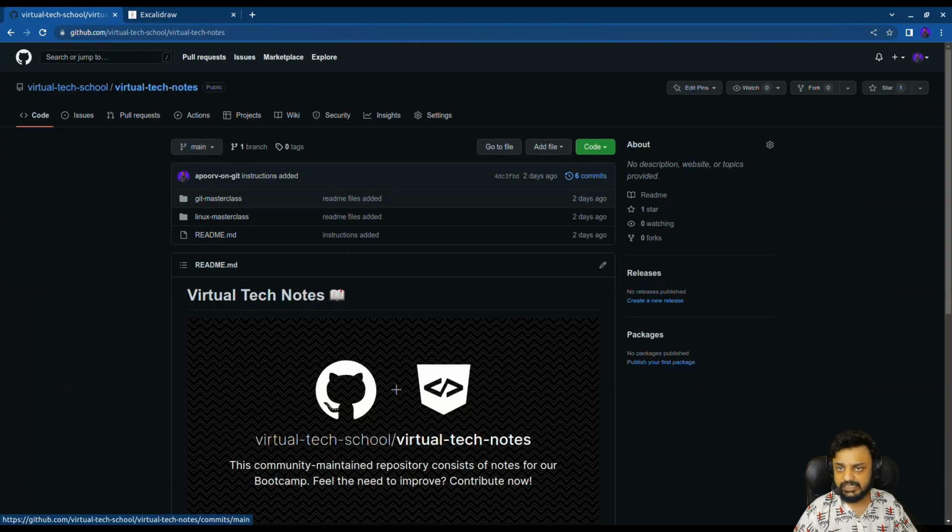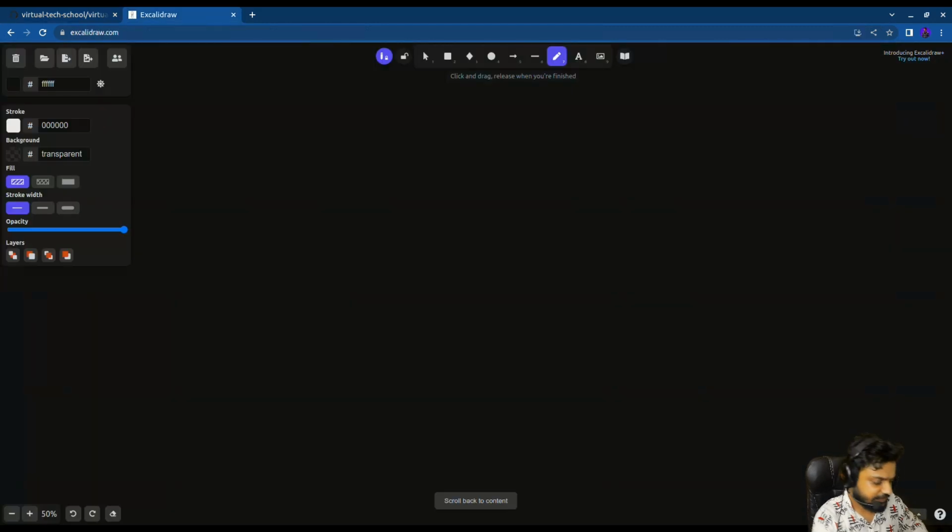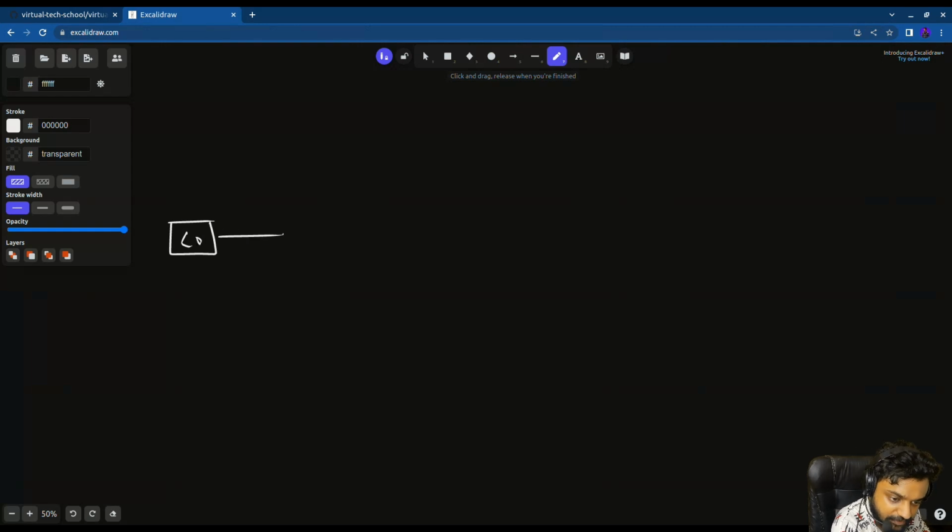So in this repository, let's say that I've made a few commits, right? It currently says that I've made about 6 commits and it was last updated about 2 days ago, right? But let's say that instead of 6 commits, let's reduce that number. Let's say that I only made 3 commits, right? So there was the C0, which was the initial commit. Then there was the C1, which was the first commit after my initial commit, and then I made a commit which is simply C2,